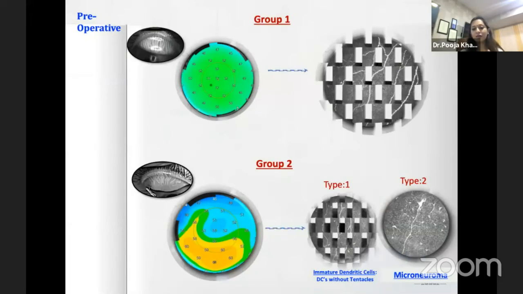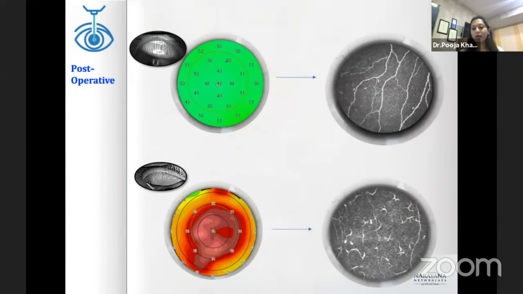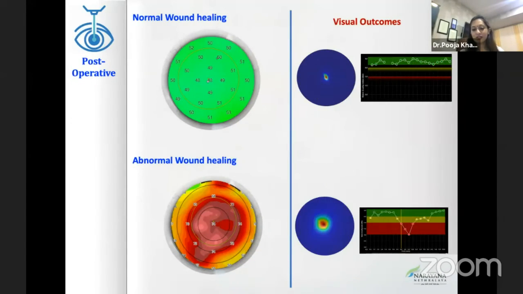So one more thing I would like to highlight is, if there is any amount of epithelial irregularity present here, that means there is a lot of surface abnormality present. Like the surface is not healthy. It can be because of meibomian gland dysfunction, sometimes not even evident meibomian gland dysfunction, but the surface is unhealthy. And that's why there can be these epithelial irregularity issues, and that's why you have a suspicious topography. And post-operatively, if you operate on this patient, they can land up with a poor visual outcome.